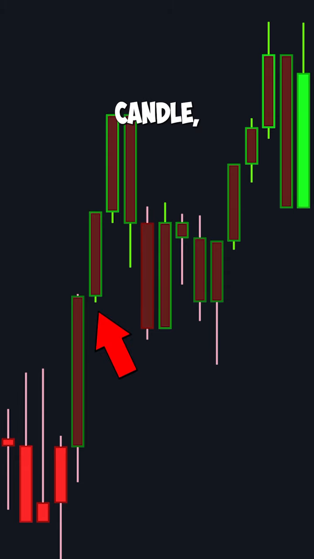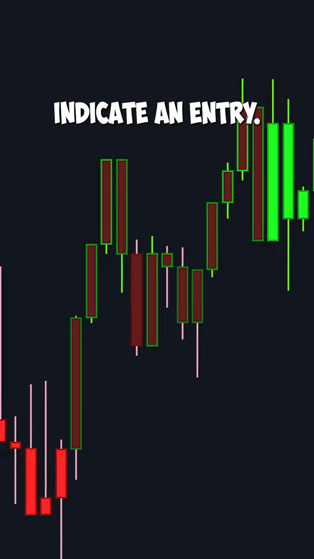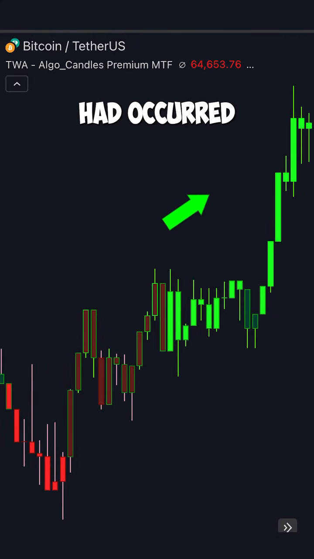In this next candle, you can see that the wick color changed from pink to green. This means that there are now two pieces of information that agree with the uptrend: the green border and wick. This would indicate an entry, and if we look further, we can see an uptrend had occurred, which was signaled